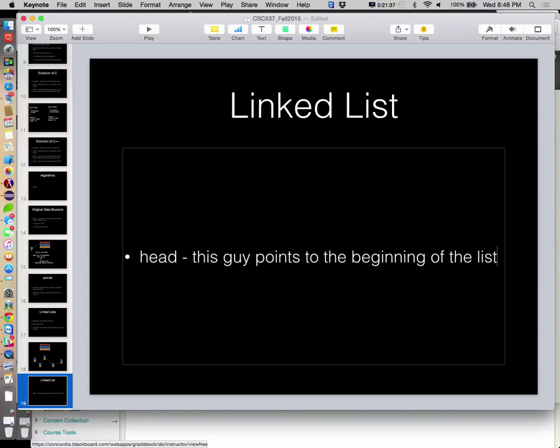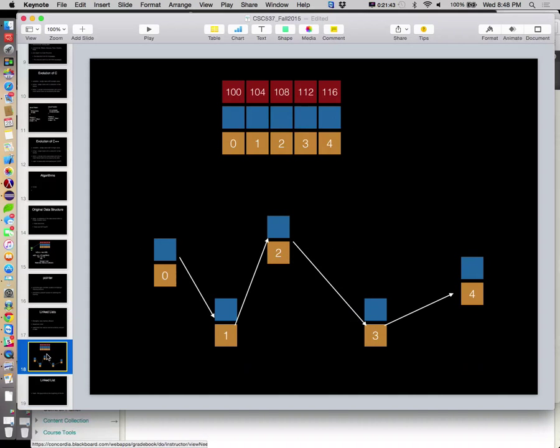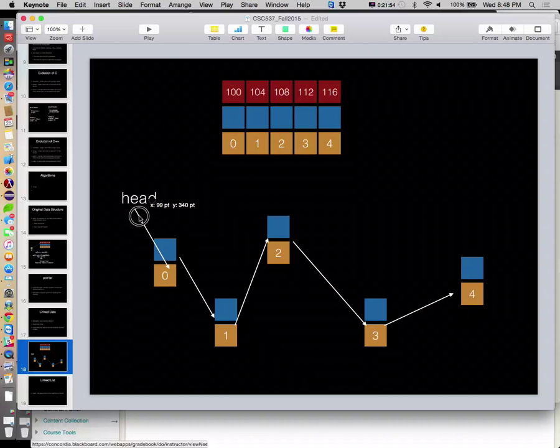This one variable called head always tells us where the front of the list is. In our picture, I have a variable called head, and head points to the very first element of the list.